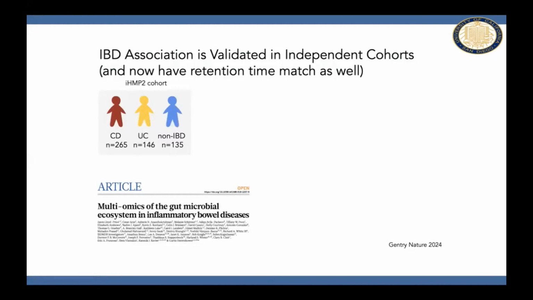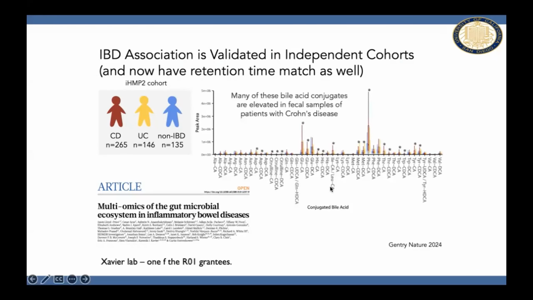And so we had synthesized all these bile acids. We sent those synthesized bile acids to the Ramnik Xavier lab, who also is one of the R01 grantees that is part of this knowledge base that's being created. And they had an IBD cohort, and they did retention time matching. And the strength of that is that you no longer have to call it a trihydroxylated bile acid, but we can actually call it a cholic acid or deoxycholic acid or chenodeoxycholic acid. They found 62 of the ones that we sent them. And all the ones with stars are associated with Crohn's disease in relationship to non-IBD controls.